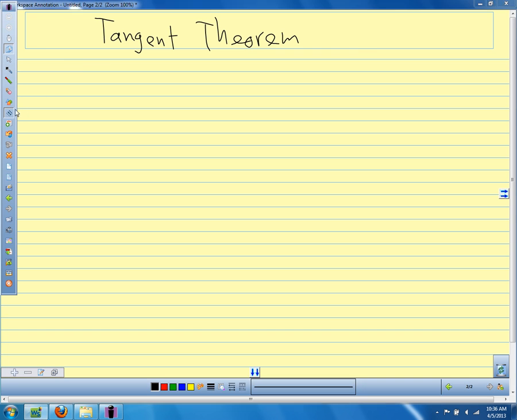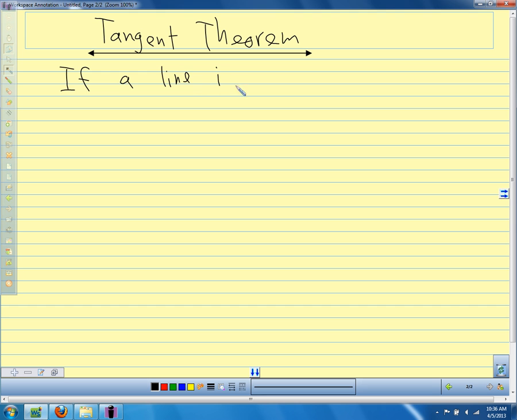So our tangent theorem says that if a line is tangent to a circle, then it is perpendicular to a radius